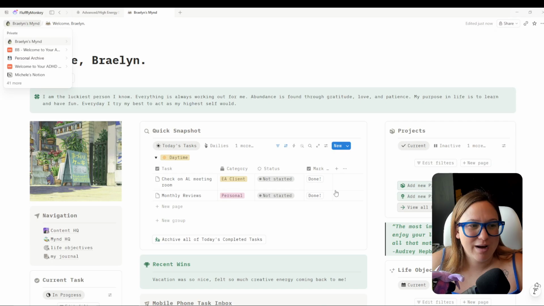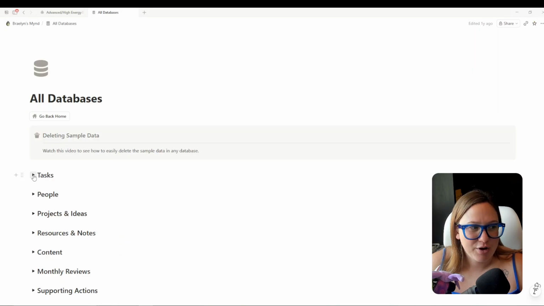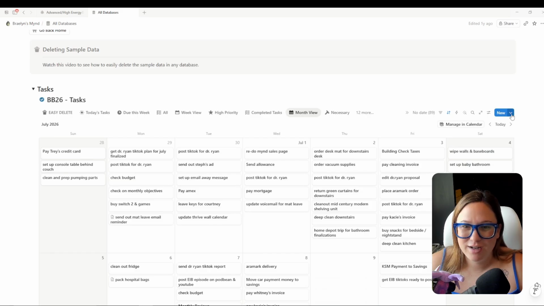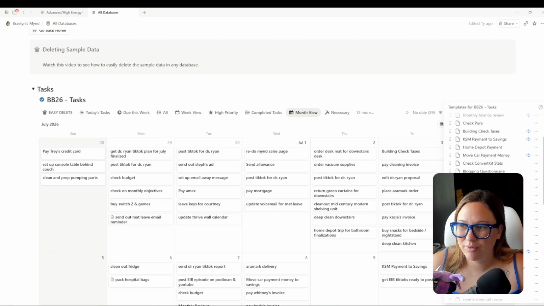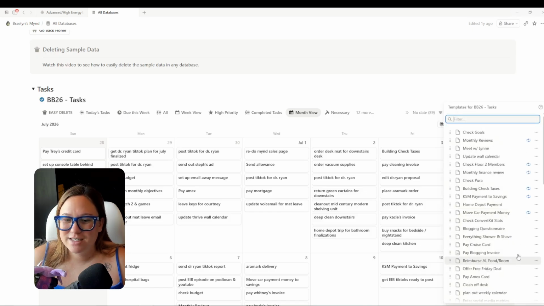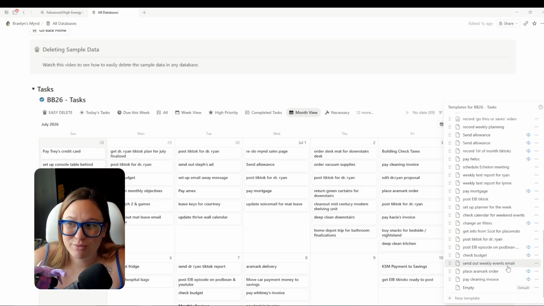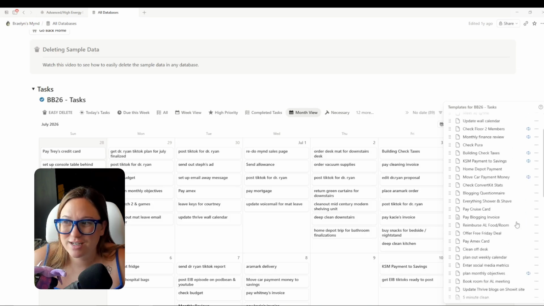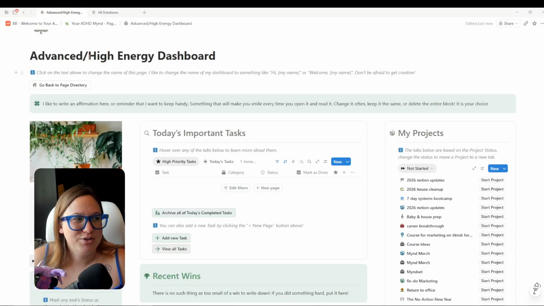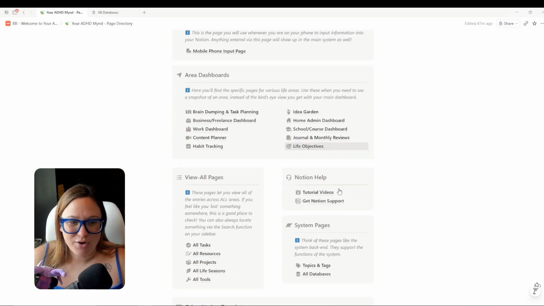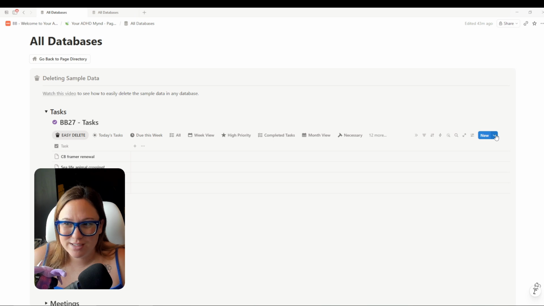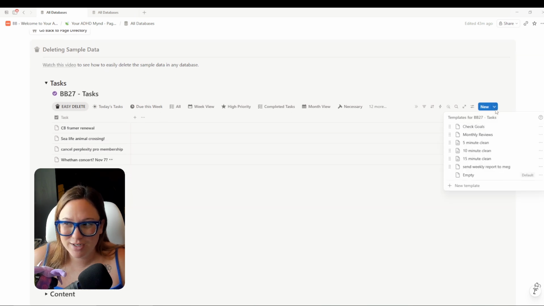So if you open up the database page again, and I go to my task database, and I click on this arrow right here, I'm going to see, let me move my camera real fast. I'm going to see all of the recurring tasks that I have. Now, the nice thing is I'm only going to move over ones that actually are set to be recurring, which is have that little blue thing. And in order to do this, I'm going to go to my new Notion system, go to the databases page, same thing, tasks. And when you add a recurring task, you're going to click this arrow here